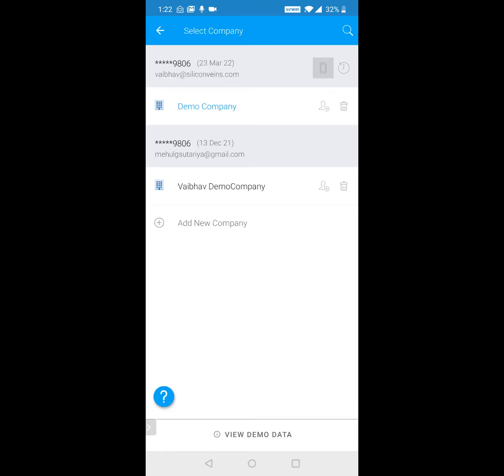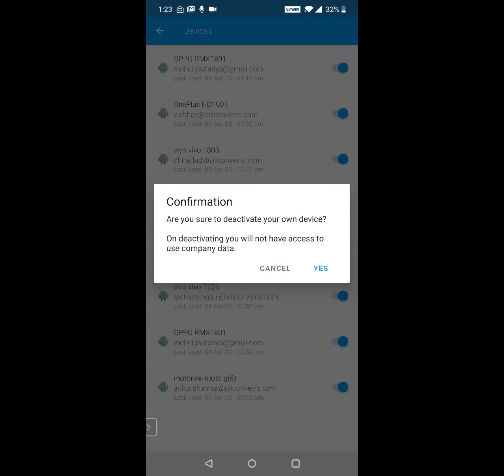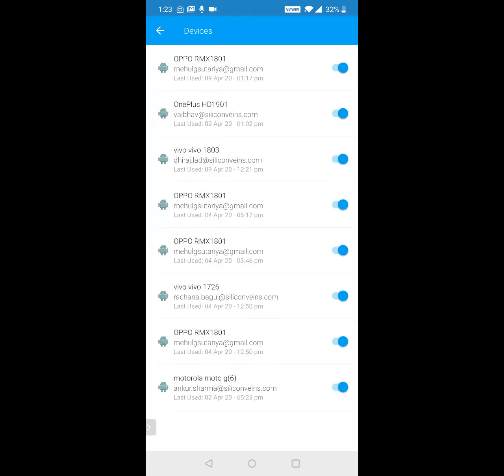Now over here, if you look at this icon next to your email address or your Tally serial number, okay, if you click on it, you are able to get all the devices in which the app is getting used. So if you find, why is this Vaibhav using on this OnePlus, I don't recognize this device, or maybe that's a device he just lost, you can turn off that device from here and all the data will get wiped off from his phone. Okay, so you have that control if anyone wants to change a phone, or has lost the phone, or if you find some wrong device, you can just remove them from here.